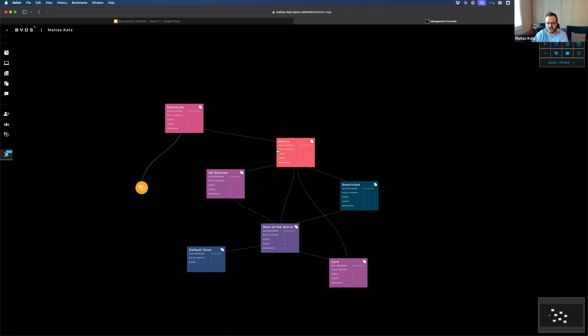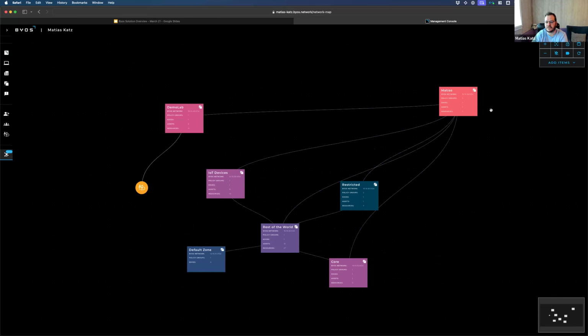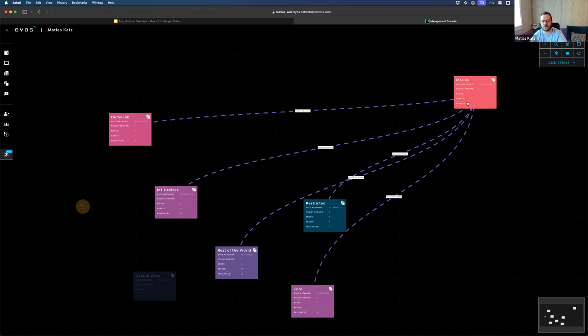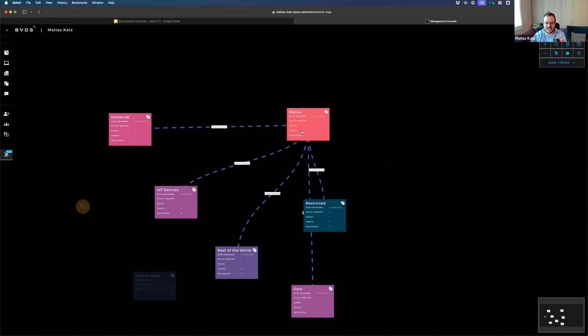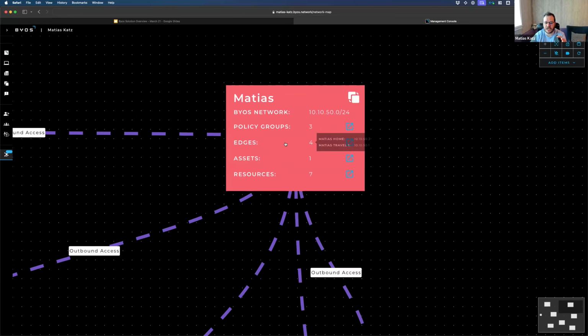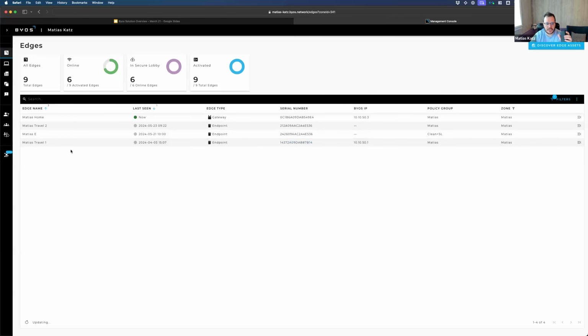you'll see that there's a zone right here called Matias. I'm going to zoom in. Matias, as you can see, Matias has access to multiple other assets on the network, and I'm going to go into details of what this actually means. But if you look into the Matias group, you'll see that there are 4 edges. I'm going to hover on it, and you're going to see that Matias Home, Matias E, Matias Travel 1 and 2 are all in the Matias,